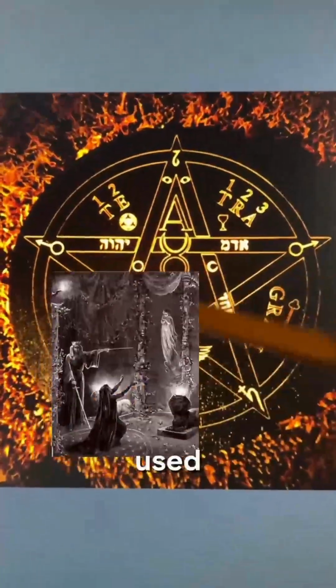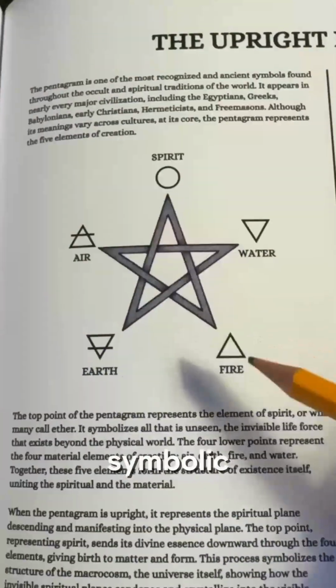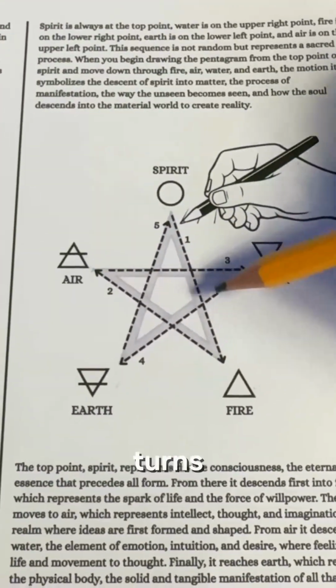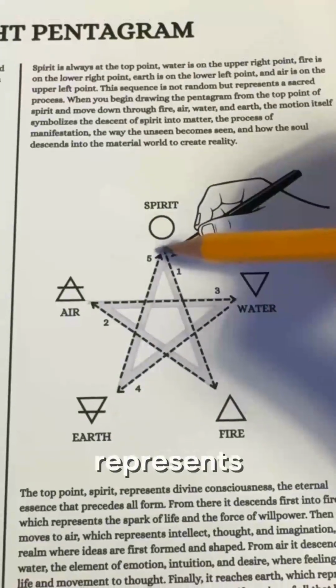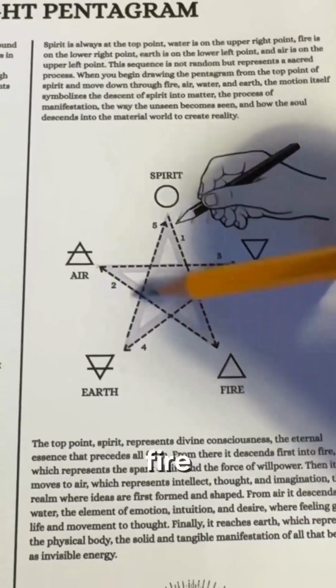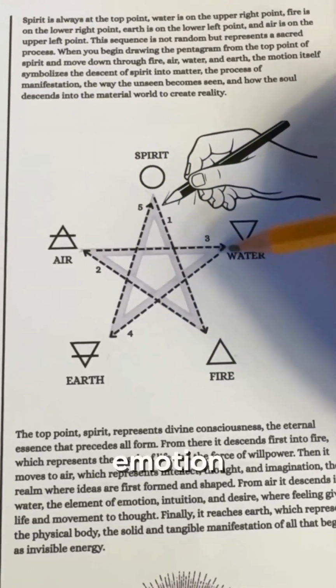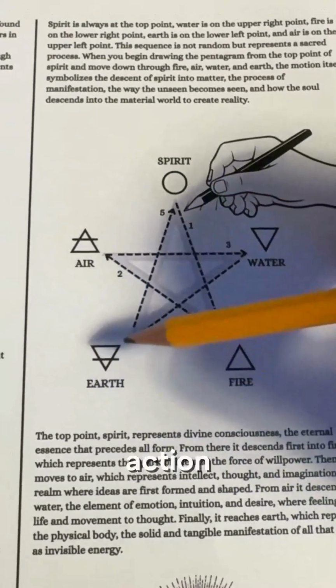Just study about yourself. This image of the Queen reveals a pentagram next to the Masonic compass. The pentagram is used in magic. It reveals how consciousness creates physical reality, because each element is symbolic for a different body of consciousness. When you draw the pentagram, it's symbolic of how spirit turns into matter, how the forces go through each body of consciousness. Pentagram starts at spirit, which represents divine inspiration, which then goes down to fire, which is willpower. Fire goes up to air, which is the mind, thought. The thought turns into water, which is emotion, and emotion turns into desire, which goes into the physical body, and the body takes action on physical reality.